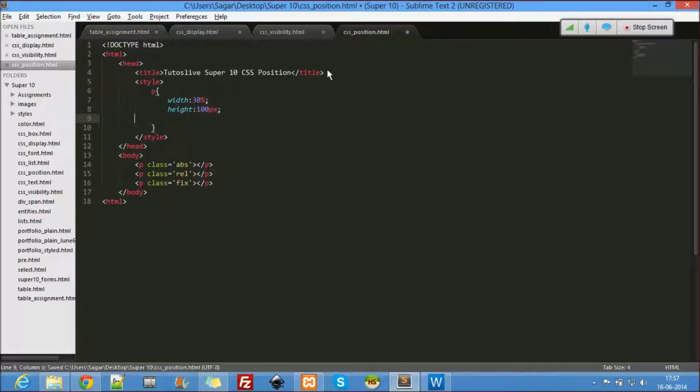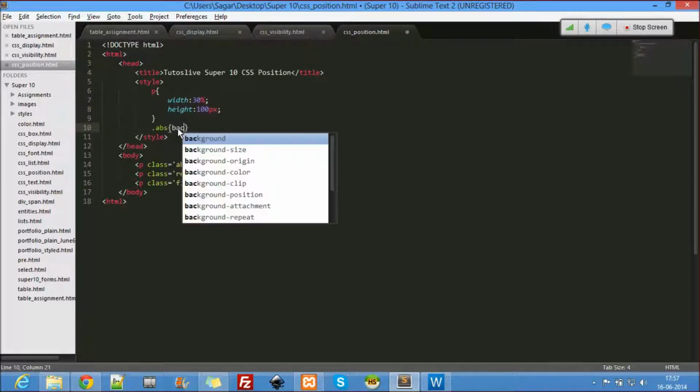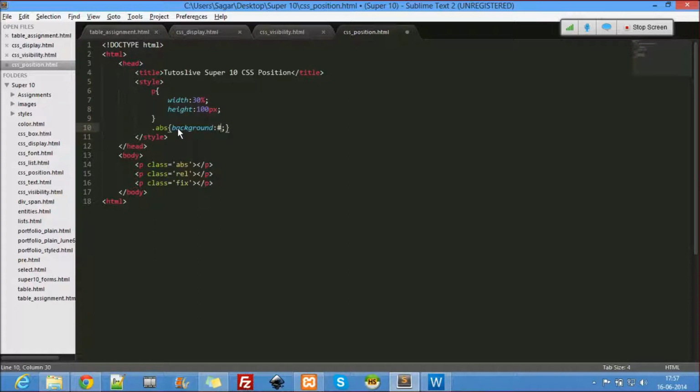Let's use different backgrounds for each. So here dot ABS, background, hash. Let's start from A, B, C, D, E, F. I don't know what color it is. For relative, we use this C, D, E, F 01.